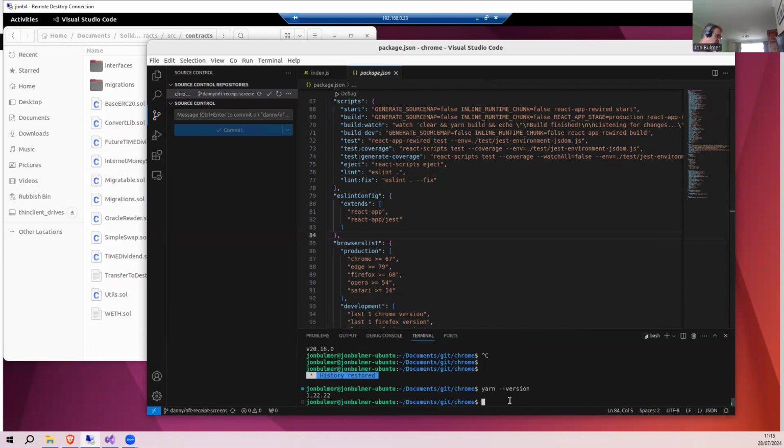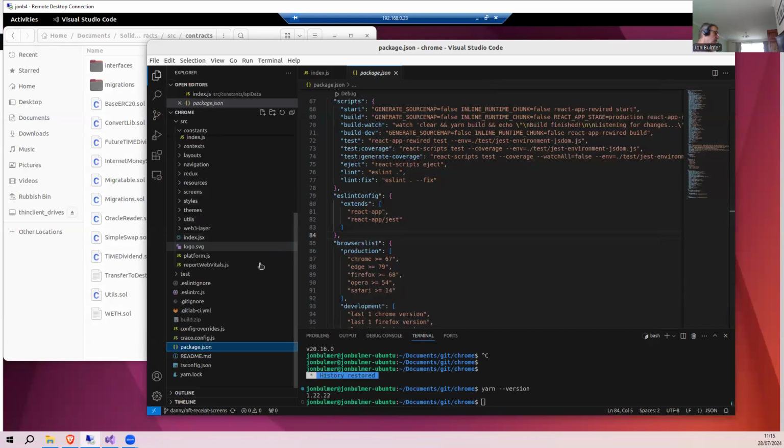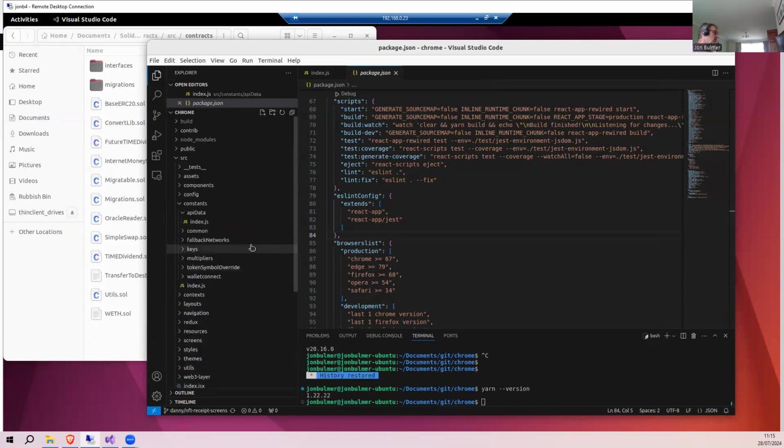With the two installed and the software downloaded, what you don't have out of the box when you get it from source code, because it's pre-built, is the node modules installed.